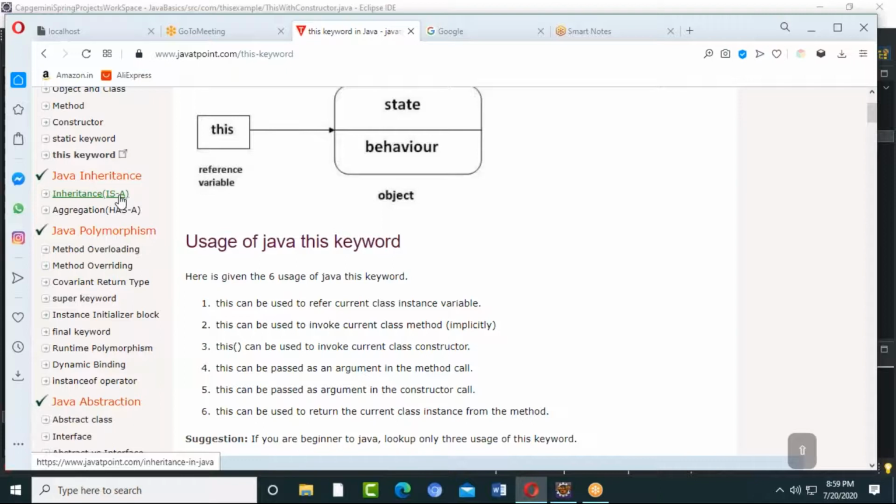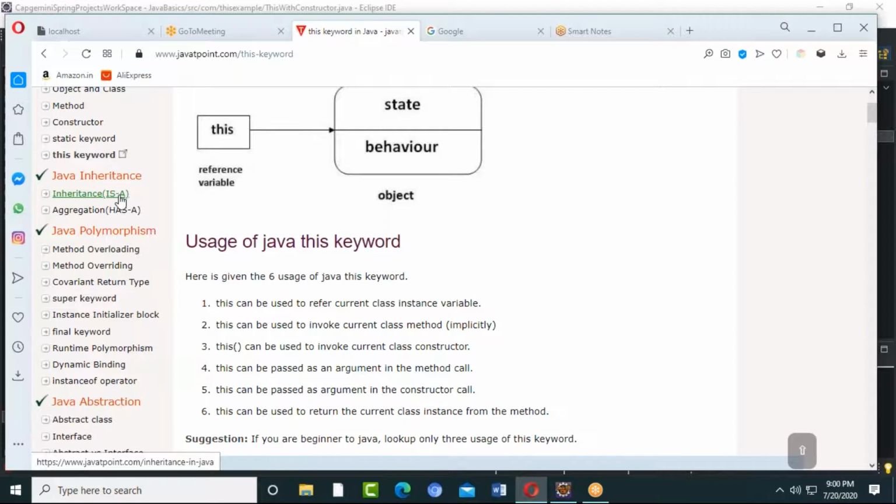In Java, we have single level inheritance and multi-level inheritance. Multiple inheritance is not there, right? Wonderful. What is multi-level inheritance?